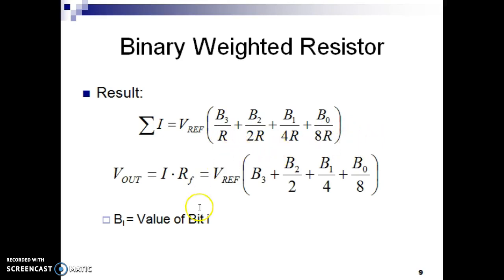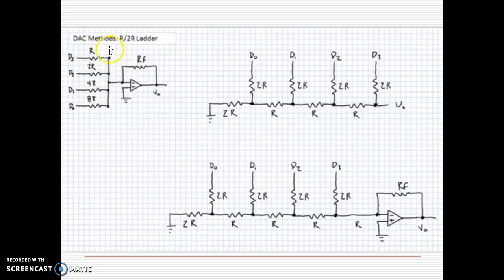That creates difficulties, and moreover it becomes more expensive. So that's why we use a different approach. In the binary weighted method we used R, 2R, 4R, 8R, and instead of using this network,